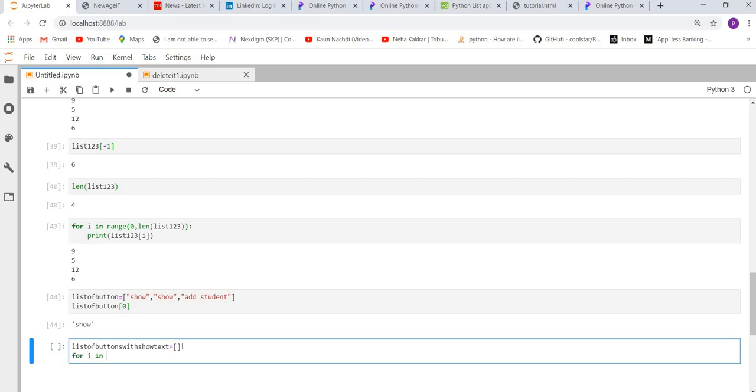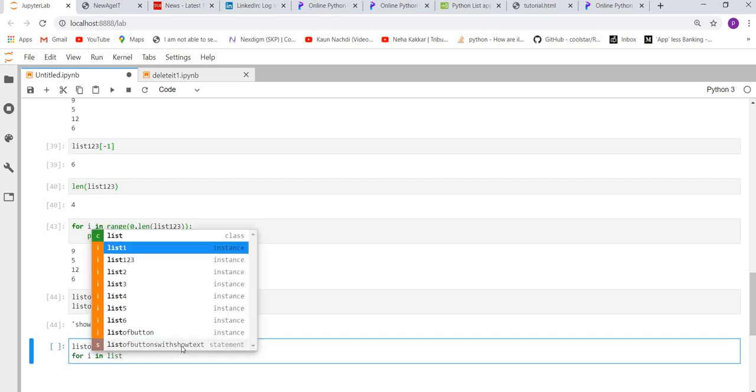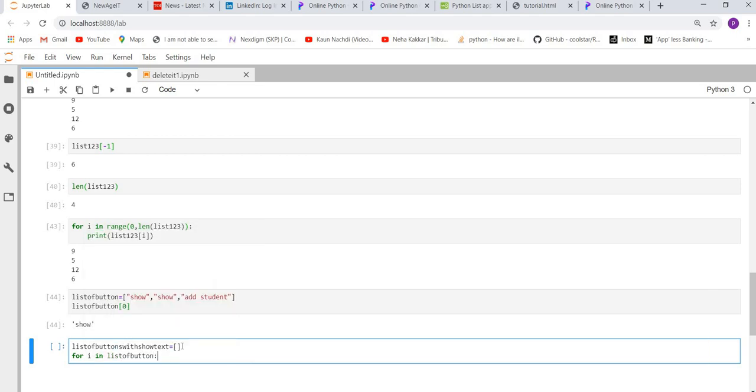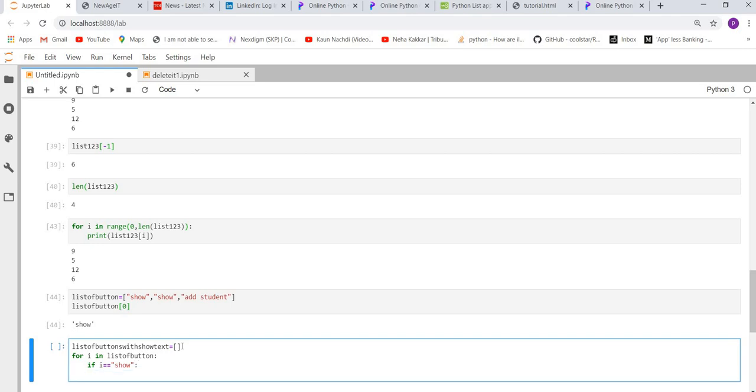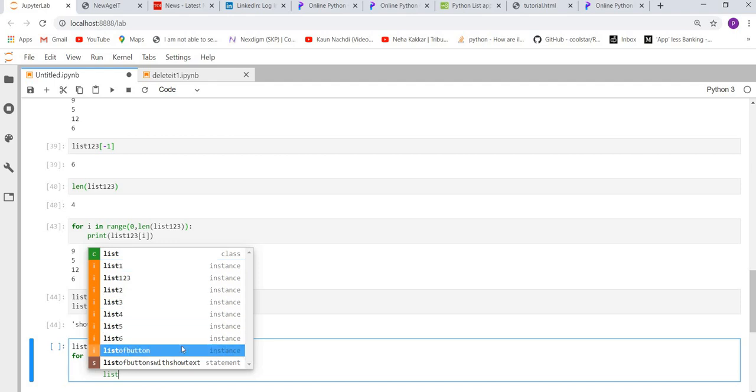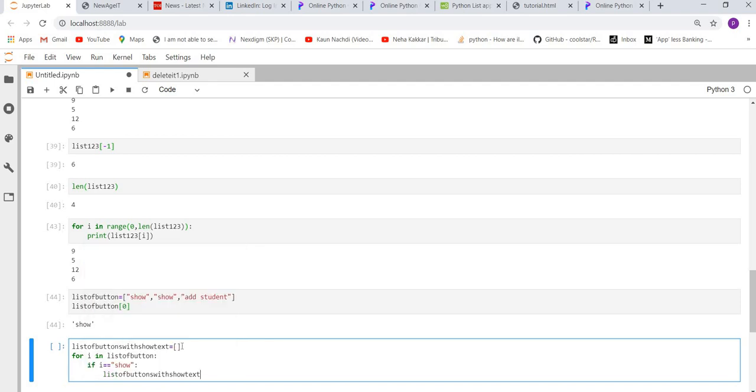For i in list of buttons, if i equal equal to show, then add that element to list of buttons with show text dot append i, right?